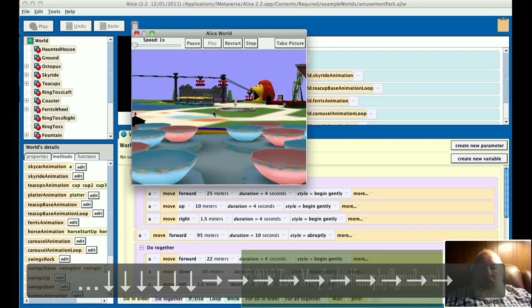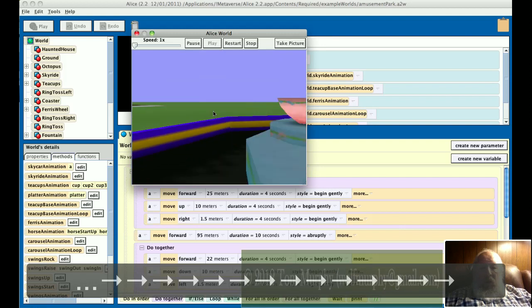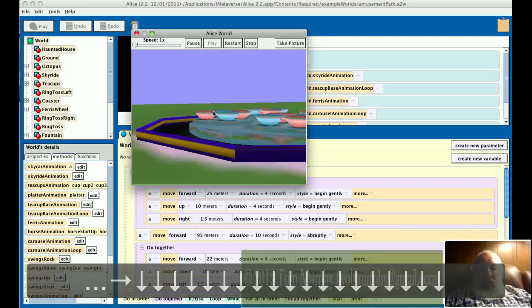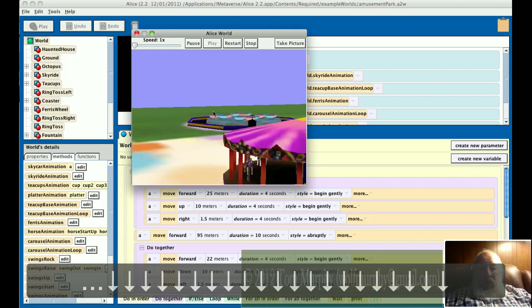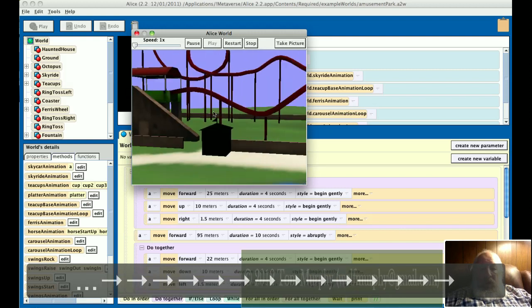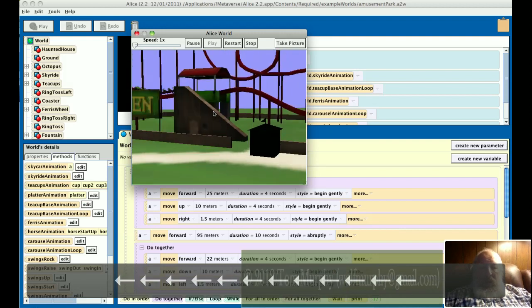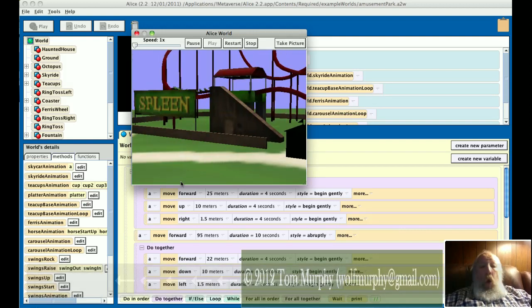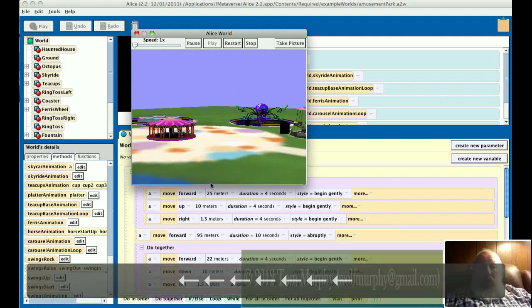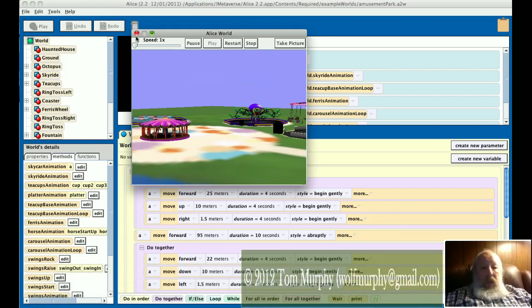There I'm at the teacup. There is the aerial tram ride, which doesn't much exist anymore. I'm going to go backwards towards that so that I can stay up in the air. Let's see, that should take us over by the tram ride. Cool, a roller coaster. Pretty slick, huh? And the nice thing about this is all the code to do that is what's loaded in here, and you can look at that code and get a sense of exactly what they did to make this world that's right here. So let us end this,